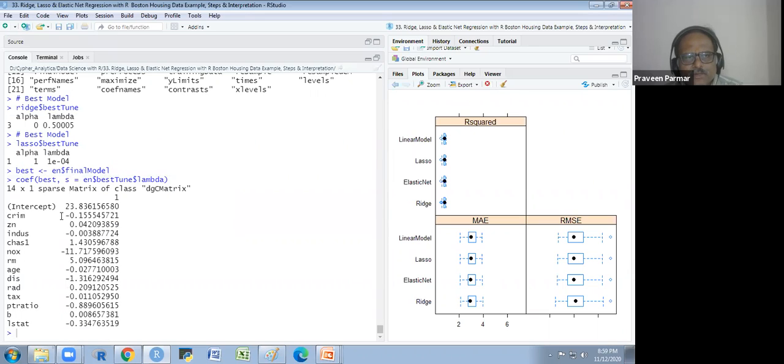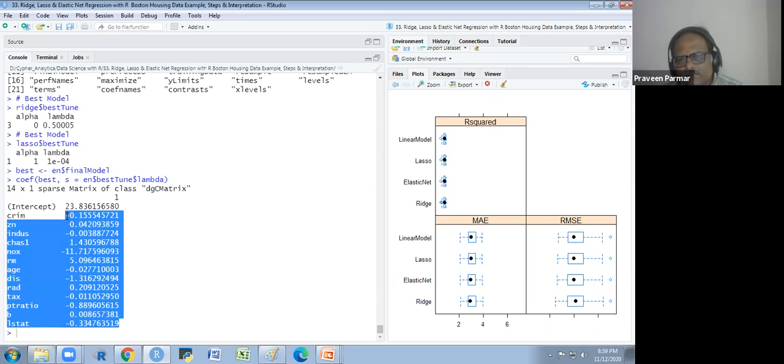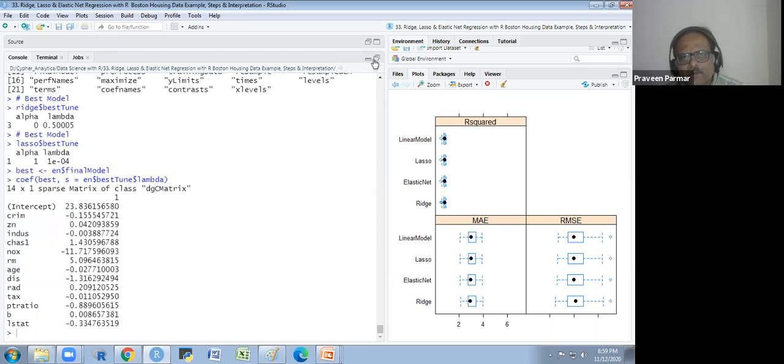Whatever the coefficients are, these are the requirement of our model. The final requirement is these coefficients, which we require only for completing the equation. So this we have got at the final stage.